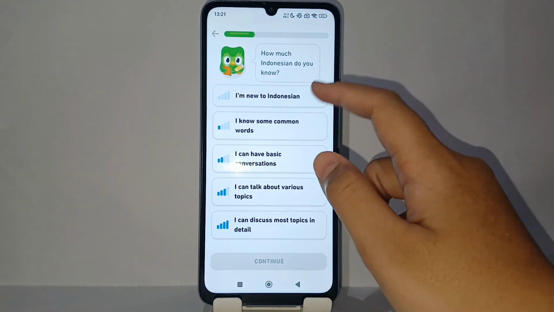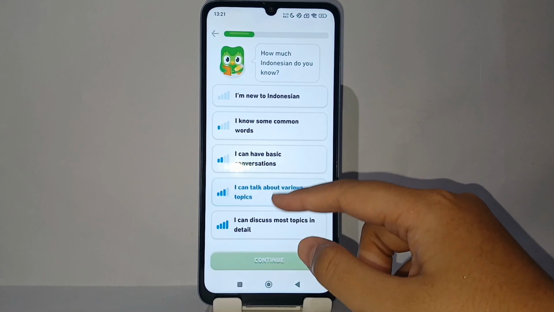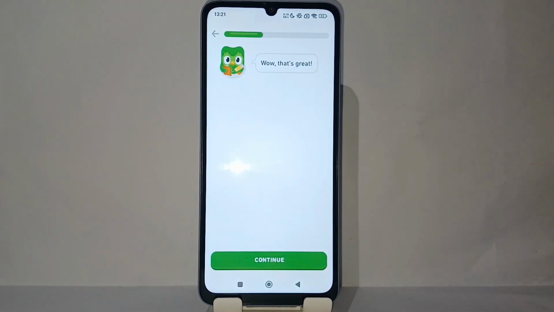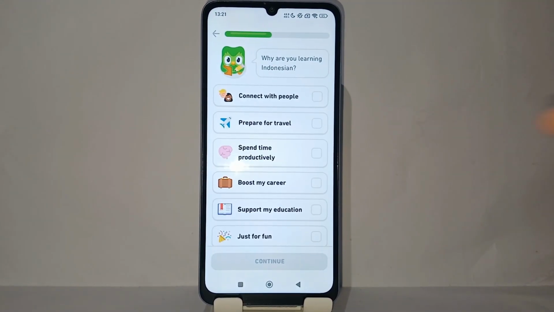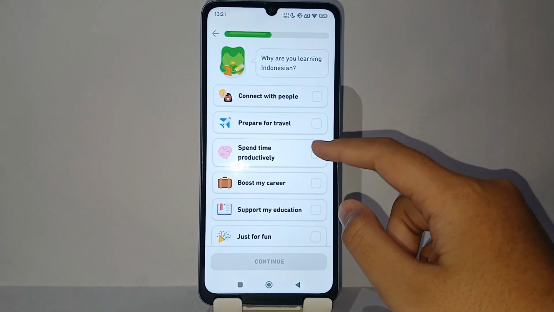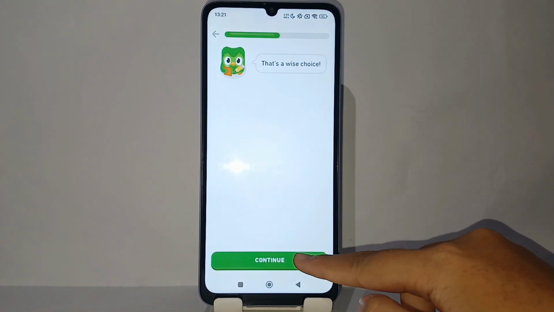And here's how much Indonesian do you know? And I will choose, I can talk about various topics. And after that, now you can click continue. And after that, now you can choose the reason why you are learning Indonesian. And after that,